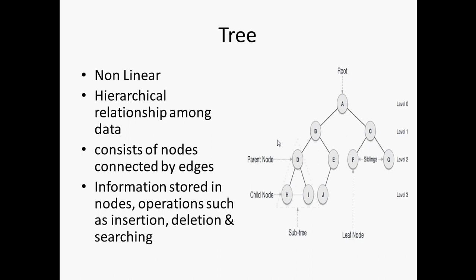So you can see in the diagram there are some circular things which we call a node. It stores some data. In this, the data in terms of some characters A, B, C, D, E, F, G is stored in that node, and all the nodes are related to each other by some edges which are shown in black color lines.